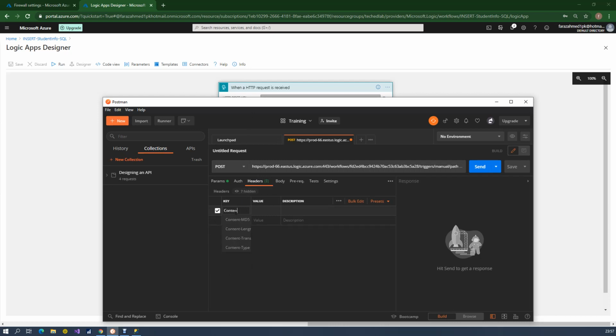The content type is application slash JSON, and the body is JSON format. So raw JSON,